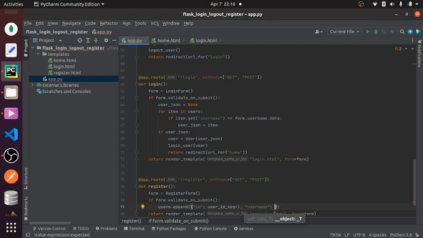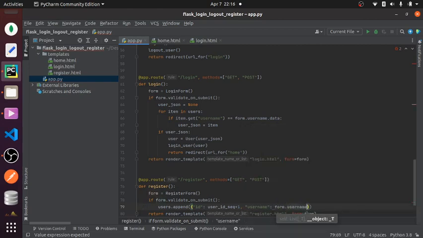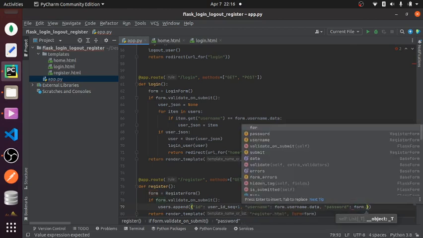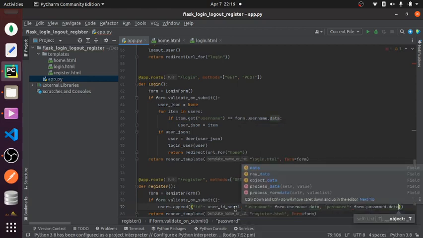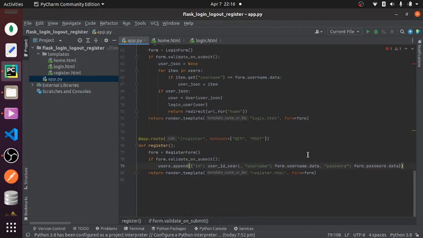username, which will have form dot username dot data, and we'll have password, which will have form dot password dot data. So we are not encrypting this password here. We're not applying any hashing technique here. We're just simply storing the password as is for this demo. And once